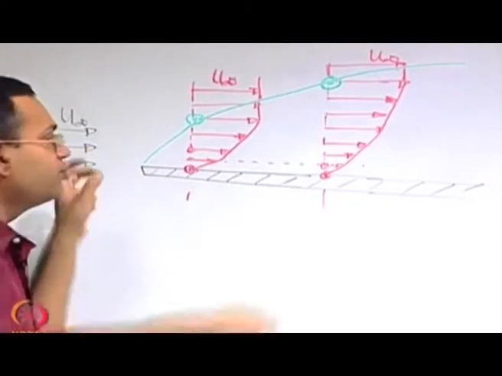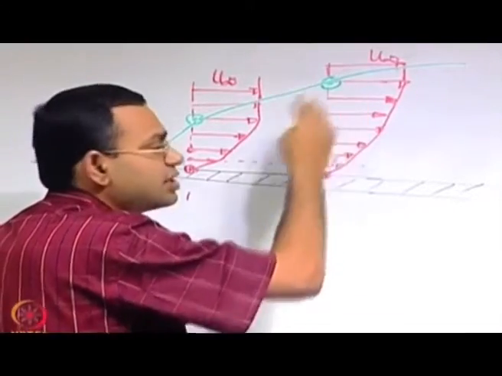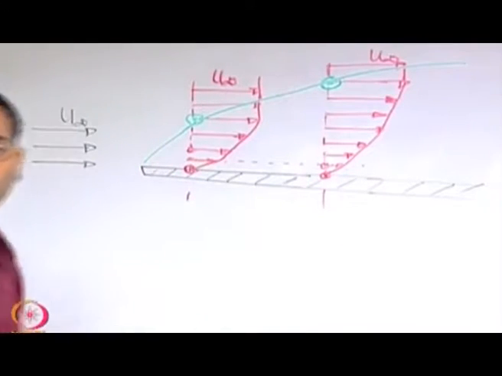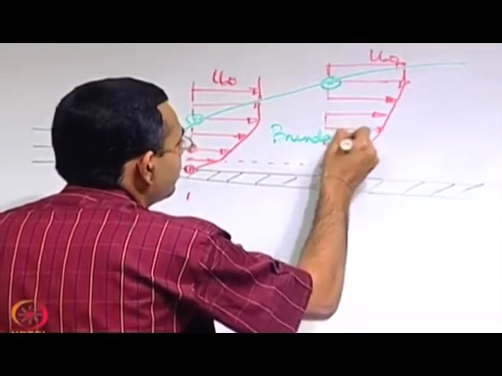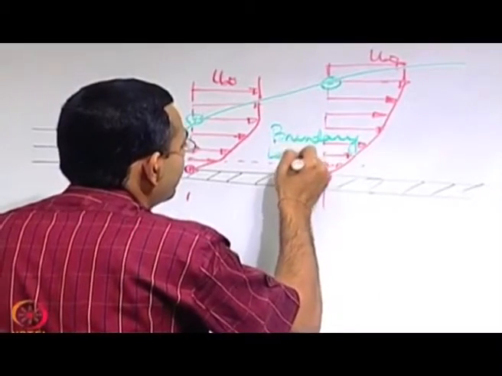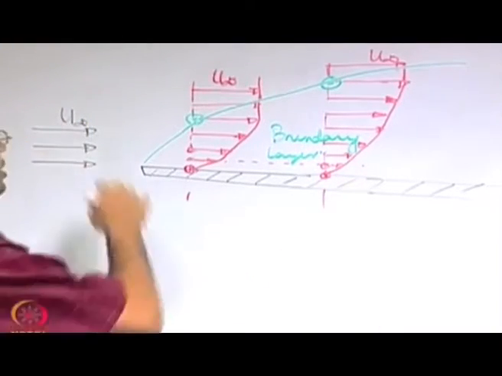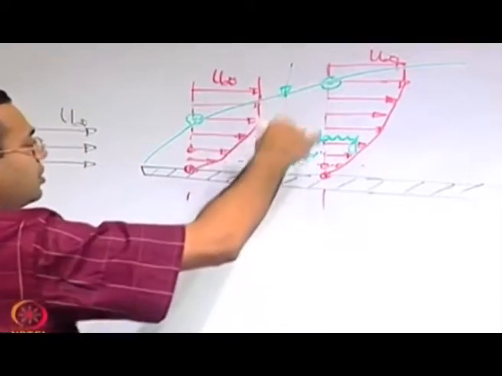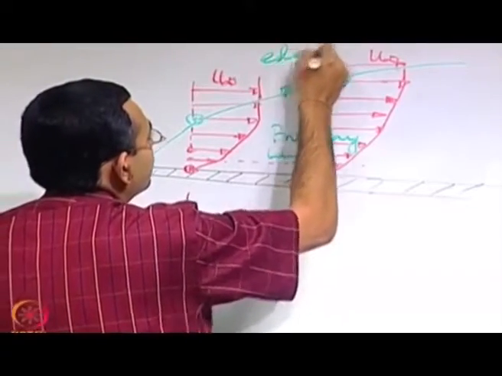So, within this layer the viscous effects are sustaining shear stresses and transmitting the disturbance of momentum from one layer to the other. So, that is what is called momentum transfer. So, the layer where this physical behavior is occurring is known as the boundary layer, and outside the boundary layer is, in this case, the behavior of the free stream, and this line therefore is a demarcation between the boundary layer and the region outside the boundary layer, and this is known as the edge of the boundary layer.